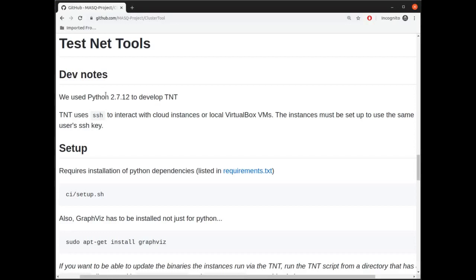Probably you already have Python 2 installed on your Linux or Mac machine. To find out, just go to a command prompt and type Python, and if you get an error message that says Python isn't installed, then you need to go figure out how to install Python.